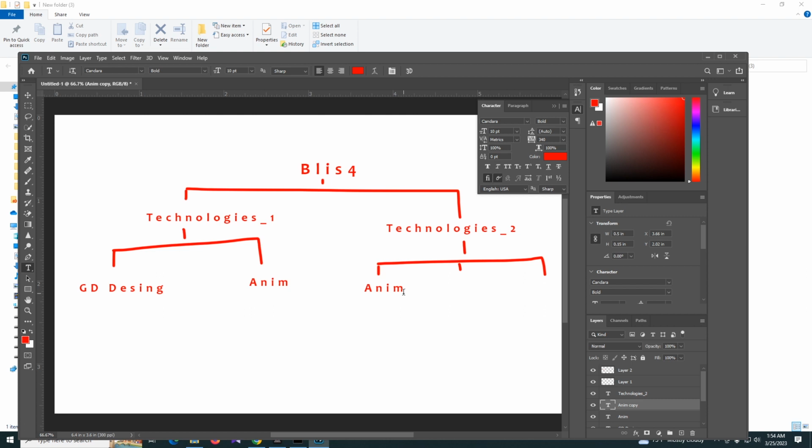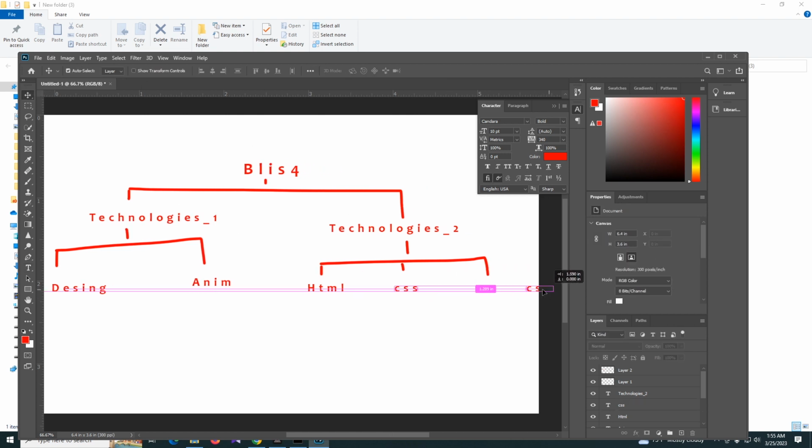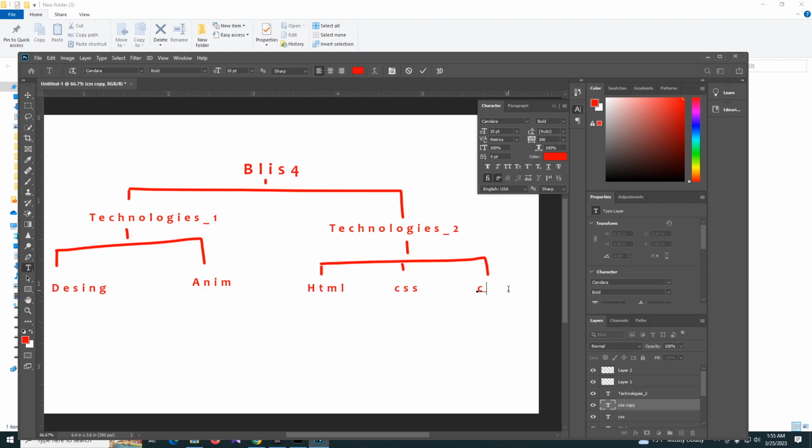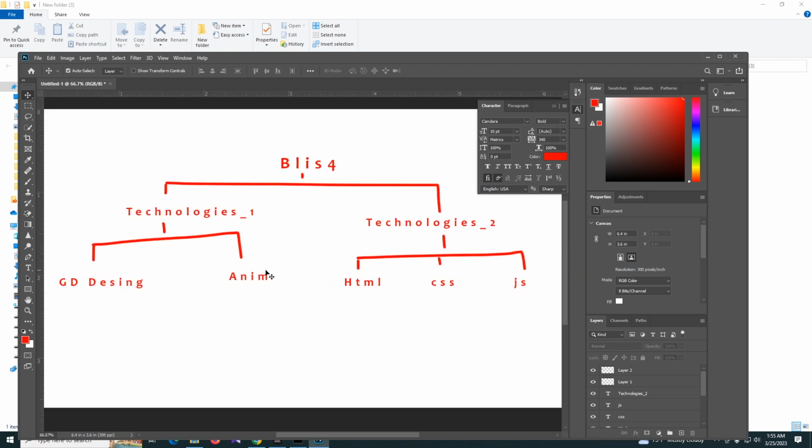Now in here we can create an HTML file, then this file is called CSS, and this file is going to be JavaScript. Okay, let's say JS. Right, now you can see here we have a simple folder structure, and we have the